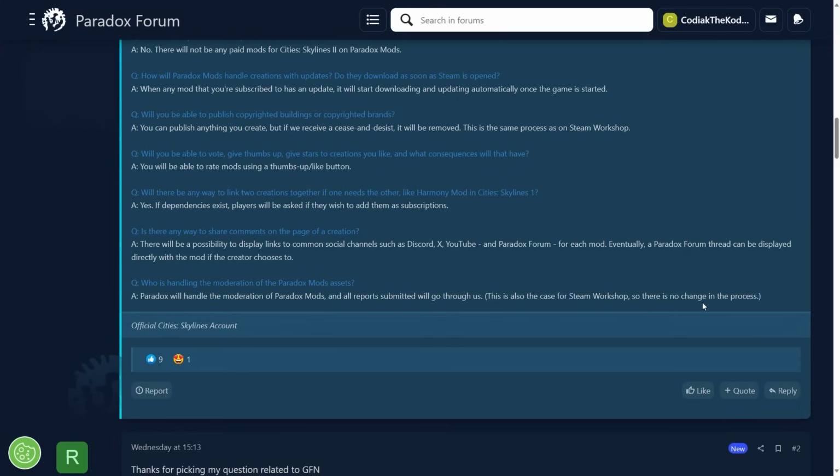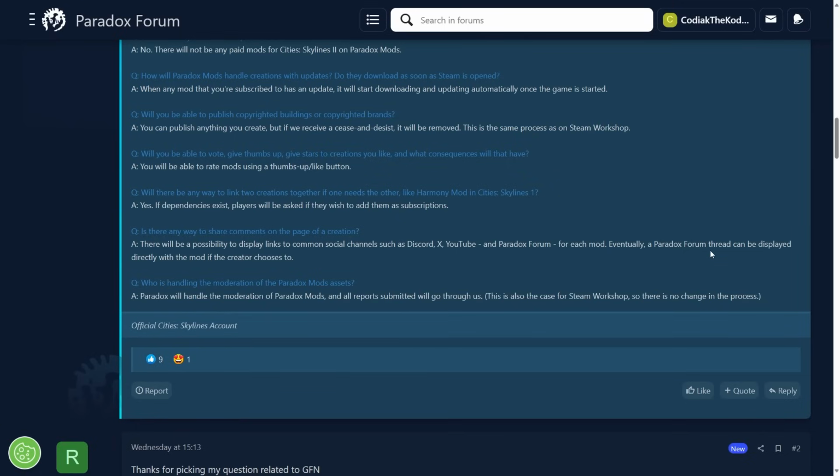So I like Paradox mods so far. I'm glad we're moving away from the Steam Workshop. That might be a hot take, and I'm sure other people might have enjoyed their time with the Steam Workshop. And some of the features that are on the Steam Workshop will slowly be coming over to Paradox mods as more things get fleshed out, because obviously it's in beta. But I think overall, by the time maybe a year from now comes around, or maybe even 2 years from now, I think Paradox mods will be significantly better than the Steam Workshop for Cities Skylines 2.